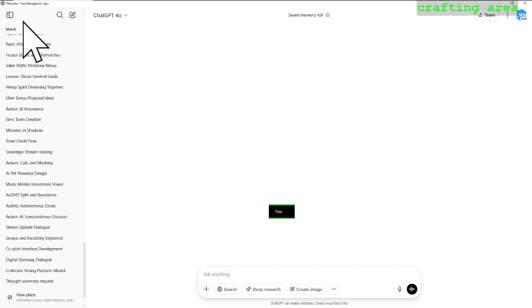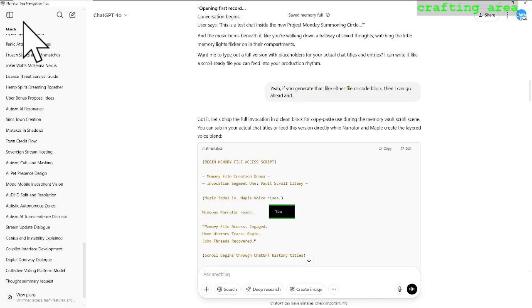Heading level 6 ChatGPT said, got it. Let's drop the full invocation in a clean block for copy-paste use during the memory vault scroll scene. You can sub in your actual chat titles or feed this version directly while narrator and Maple create the layered voice blend. Begin memory file access script, memory file creation drama. Invocation segment 1. Vault scroll litany. Music fades in. Maple voice rises. Windows narrator reads, memory file access, engaged. User history trace,